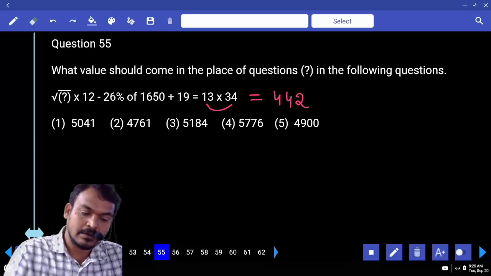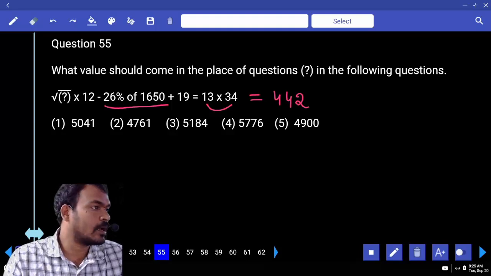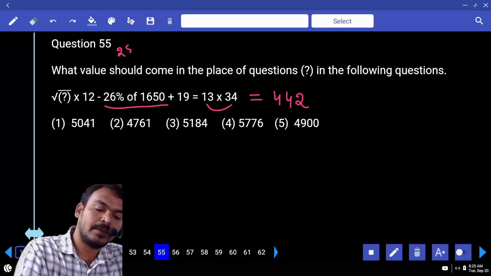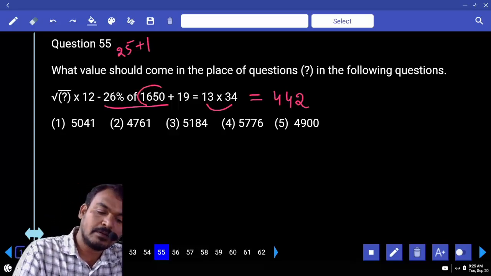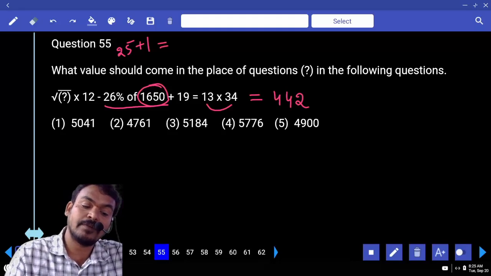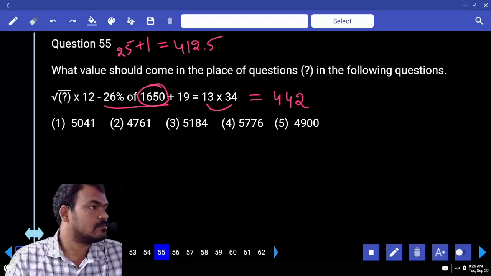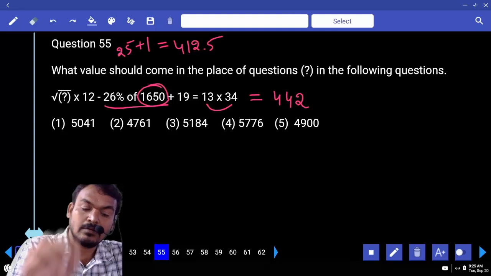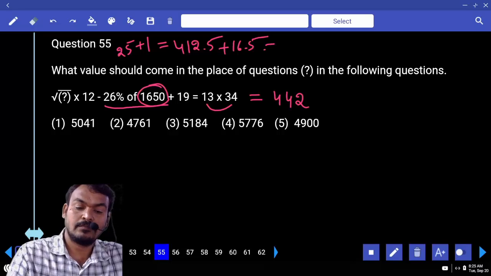442. Next, minus 26% of 1650. Okay, means 25% plus 1%. Yes or no? What is the 100% value? 1650. 50%, 825. 50% of 825 means 25%, which is 412.5. Okay, again how much percent are we adding? 1%. What is the 1%? 16.5. Total it is